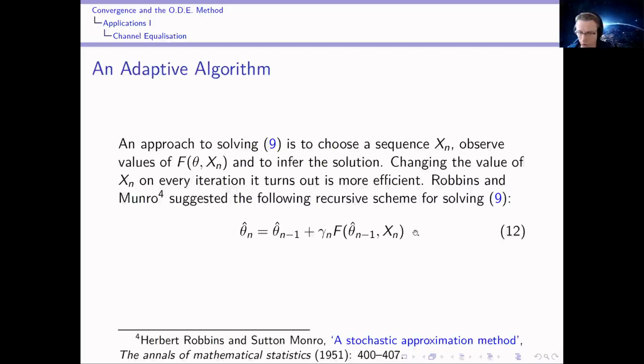And so a recursive update that we attribute to Robbins and Munro is shown here in equation 12. Now, intuitively, you can think of this approach as utilizing information in each sample as it arrives. But you should be aware that in this context, the parameter sequence might then follow a fairly inefficient path to the stationary solution.